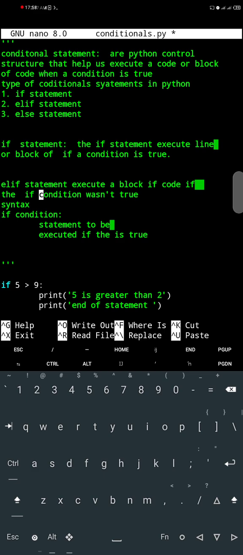So we have the syntax also for the elif,